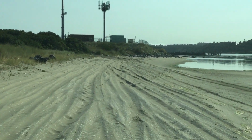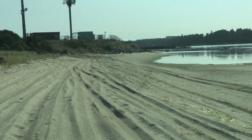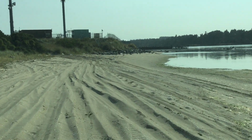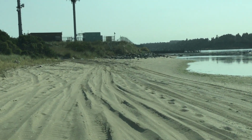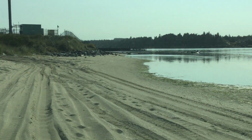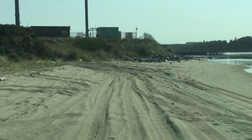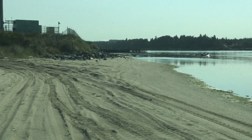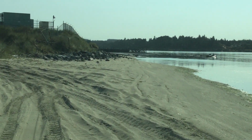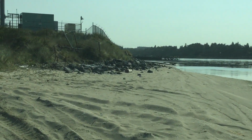Here's some more of this thick crap. Practicing driving in this stuff. You see the ruts, just crossing, trying to see how well I can steer in and out of the ruts. You never know when you have to feather the throttle. This is what I'm developing the